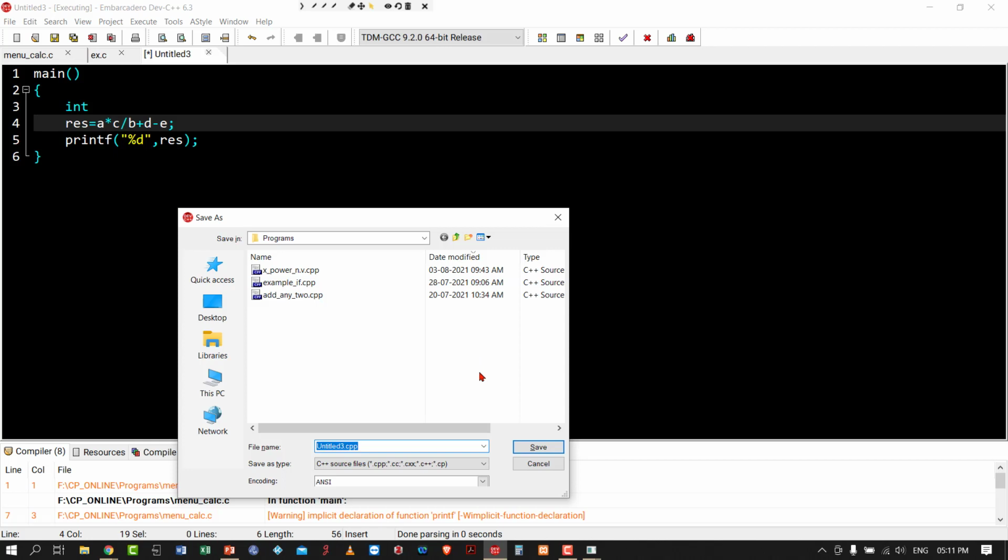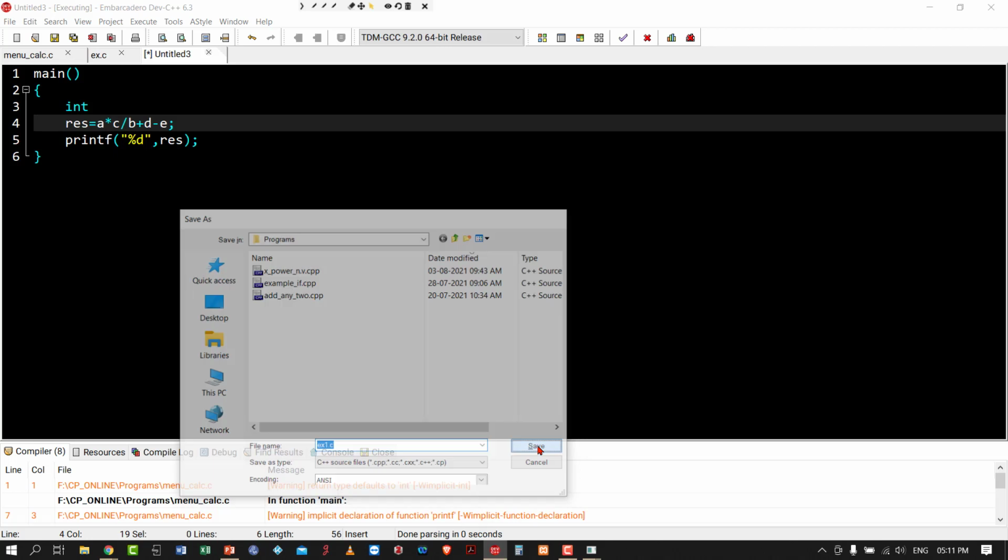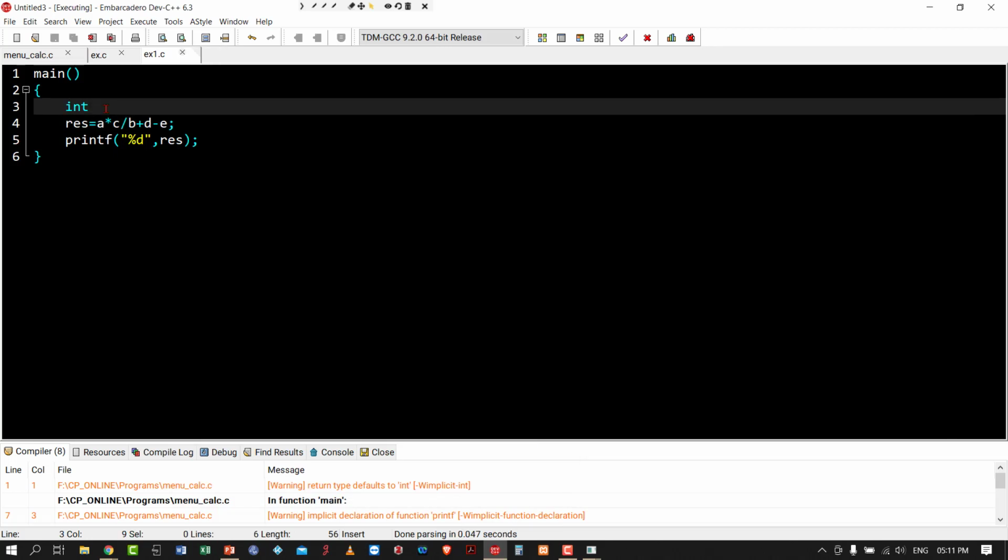I'm saving this as ex1.c. So I'm giving some values: a equal to 5, c equal to 10,